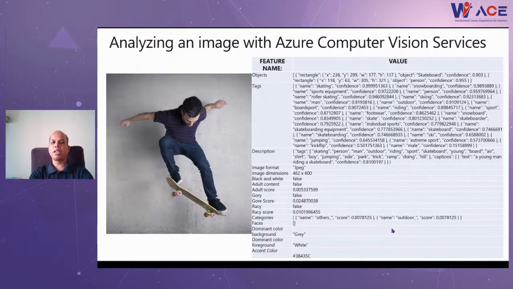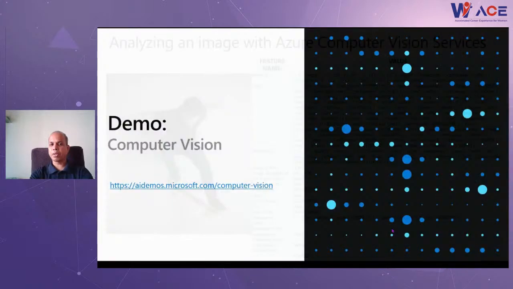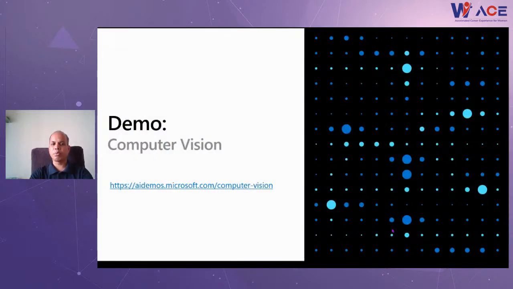And you should heavily rely on these parameters to get all this information, which helps you to determine what is happening in an image, which is a still photograph, and how you can do analysis as per your requirement, and you can get going. So these are some of the interesting things you should be looking into. I'm going to show you a quick demo on computer vision, how it works, and what other things you can perform.